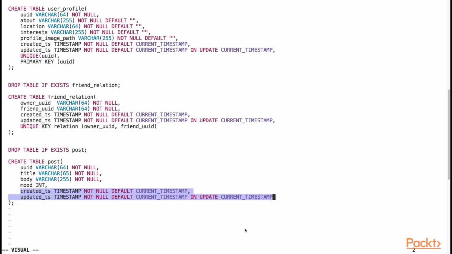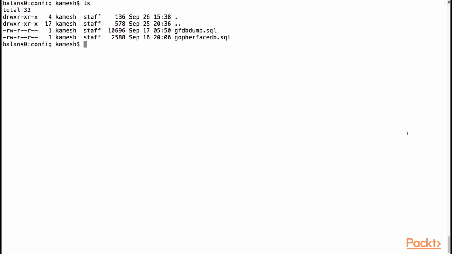timestamps for the record. If you need to get up to speed with using Docker and MySQL, you should review the material that was presented in the previous video course on back-end web development using Go. In order to preload the Gophers and load the updated database schema, we need to import the MySQL data dump. We have the data dump file located in the config directory. The gfdbdump.sql file is the database dump file that contains the updated database schema along with existing users and feed